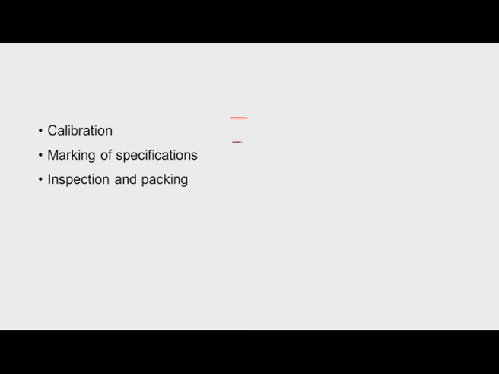For example, if you take a snap gauge like this, what is the distance between these two surfaces? This is very important. Now say we have finished these two surfaces, and what is our requirement, whether it is 10.001 millimeter or 10.005 millimeters, we should fix up some size here. Whether we have really achieved that requirement, we have to check by using slip gauges.